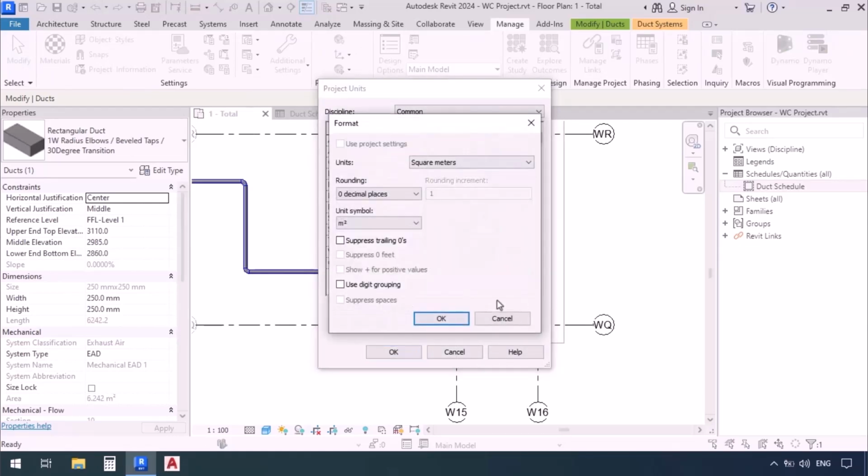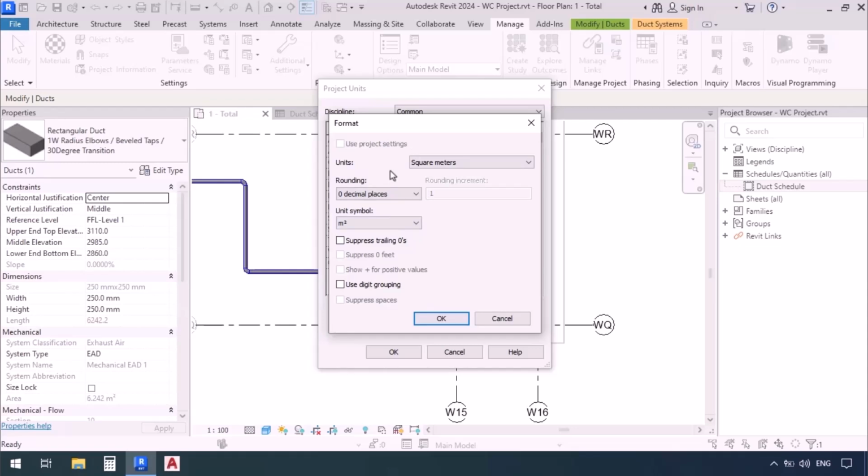Let's open it. Square meters. And for rounding, we have 0 decimal places. Unit symbols also been assigned for square meter. And first we're gonna click on here to open the drawer and select to see up to 2 or 3 decimal places. If we do that here, then that'll apply to all of the area parameters of the entire project,